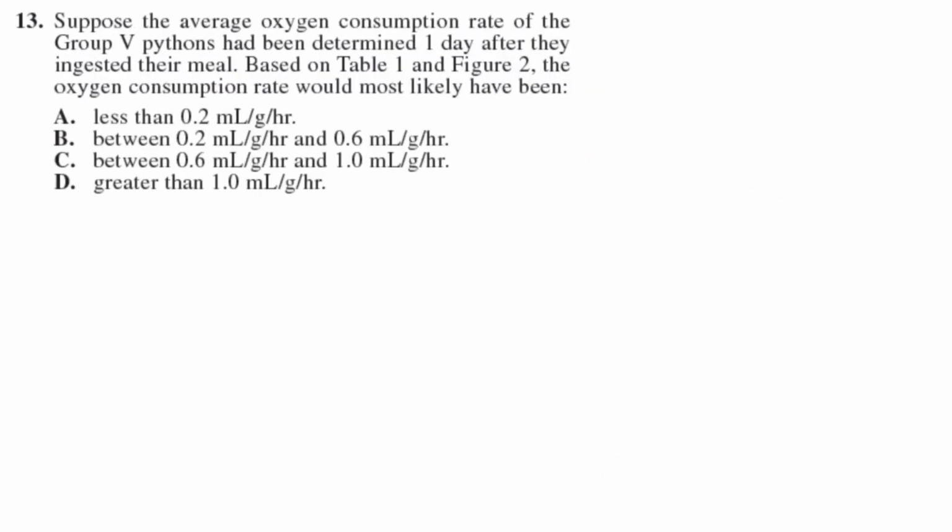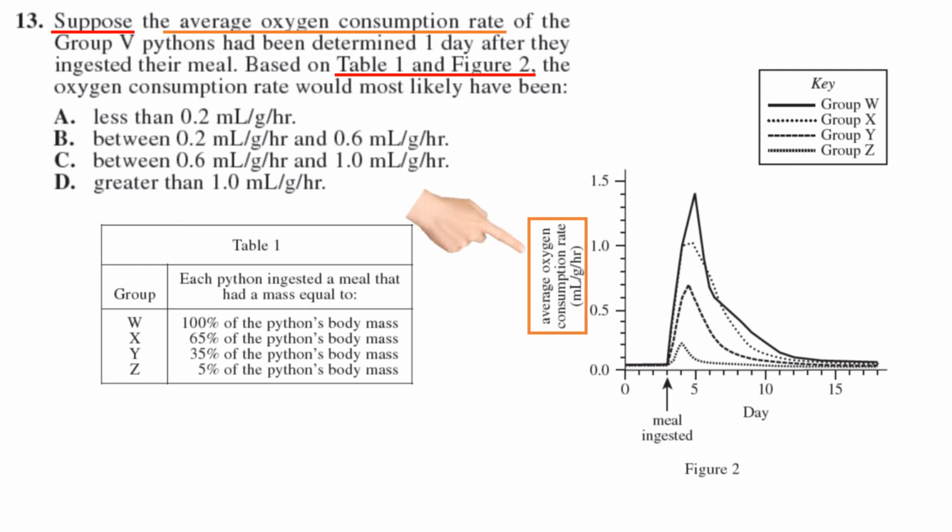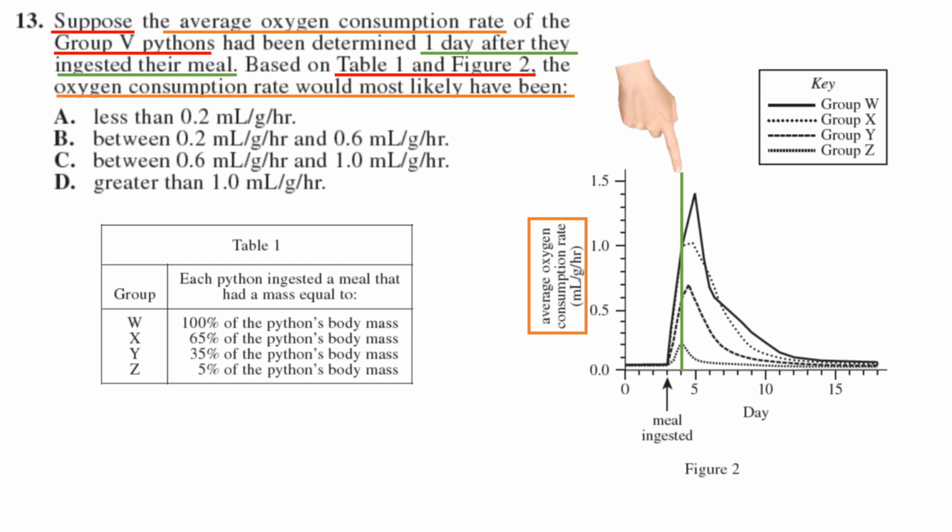Number 13, it's the suppose if Y questions. We have to think a little bit. Those questions ask you to extrapolate information to make some assumptions. So we're using table 1 and figure 2, looking at the average oxygen consumption rate for the group 5 pythons. And the group 5 pythons are not in figure 2, but we're looking at 1 day after they ingested their meals. We're going to 1 day after, and again, we're looking for oxygen consumption rate. So how do we decide where to put group 5 pythons? Because this is a pretty wide range here, right? We have at least 2 answers that would work